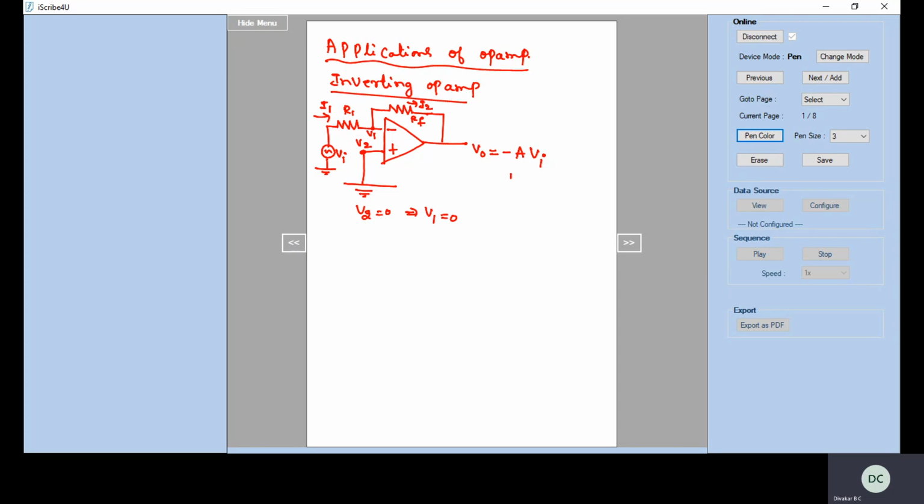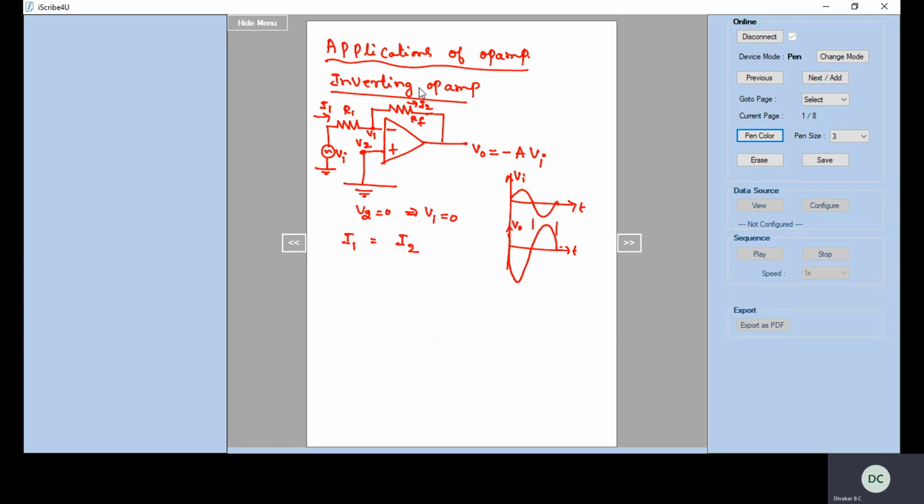So let us take the input and the output ideal waveforms. This is the input, Vi versus t, and since we have applied the input to the inverting terminal and it is an amplifier, the output voltage is out of phase with respect to input by 180 degree. As Kirchhoff's current law states, the incoming current is equal to the outgoing current. Therefore, the current flowing through the resistance R1 is I1, the current flowing through the resistance RF is I2. So therefore, I1 is equal to I2.